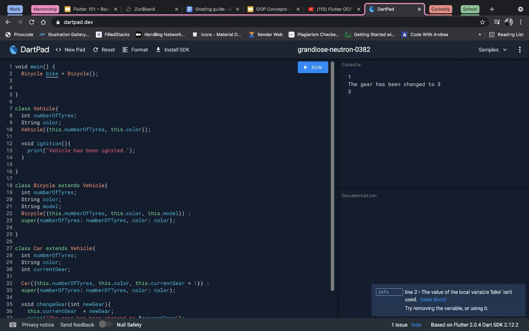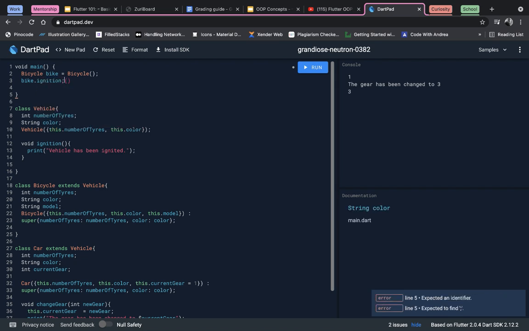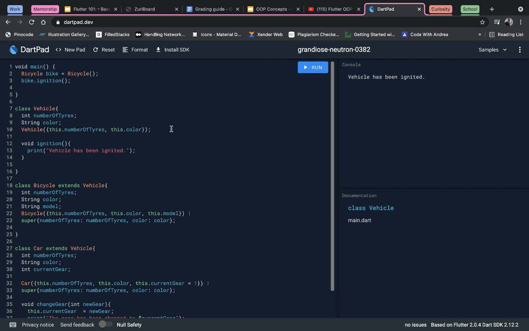Alright, then we can now have bike dot ignition, and you can see here the ignition method is not defined inside bicycle, it is defined inside vehicle. But because bicycle is extending vehicle, it gets all those methods from the vehicle class. Okay, so if we run this now, then it would print